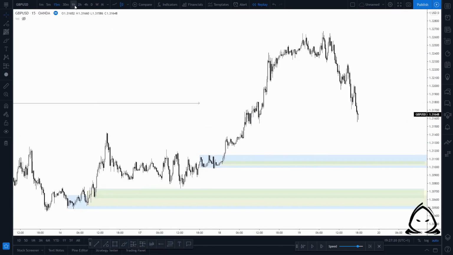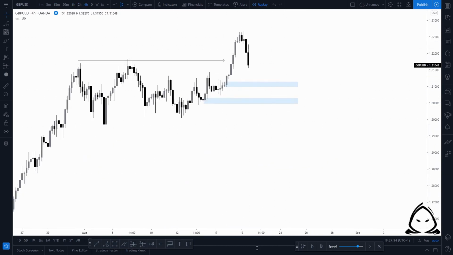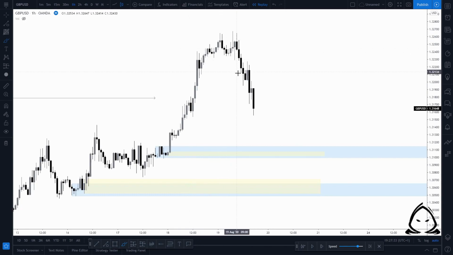So if we move back up to the hourly chart just one more time, and even the 4-hour chart, we can see from both charts that the move down to these order blocks is pretty aggressive. We have two very strong 4-hour candles, and even on the hourly chart, we see a lot of bearish momentum. So looking at that, I would want to approach this with a confirmation entry, basically looking on a lower time frame for a break in structure that creates an order block, and then looking to enter on that order block so that we have a confirmed change of trend on a lower time frame before we try to catch